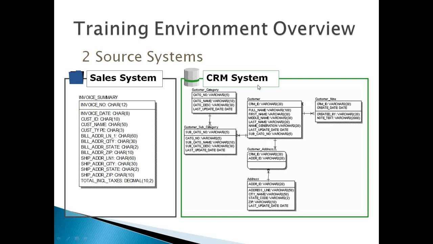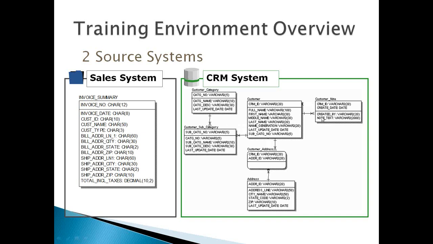And there is a CRM system which has more details. They have a customer table, they have an address table, and here we have a customer address. There is a many-to-many relationship between the tables, and they have some additional tables like category and subcategory, meaning the customer belongs to a particular category and subcategory.